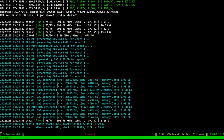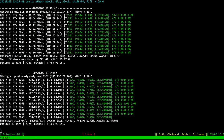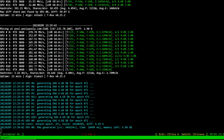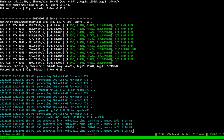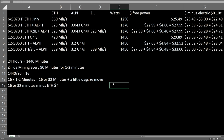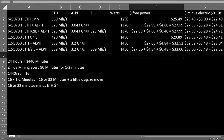I have watched the switch when it goes from Ethereum to Zilliqa in the miner itself, and it does take, I would say, 5 to 10 seconds, right? So will this 16 or 32 minutes of mining Zilliqa, if you minus that out of the Ethereum profits, right? I don't know what the percentage of that is, but pretend it is maybe 15, 20 cents that could be lost on Ethereum. So let's just think about it here, right? 16 or 32 minutes roughly, minusing out the dollar value of how much we're making on Ethereum,